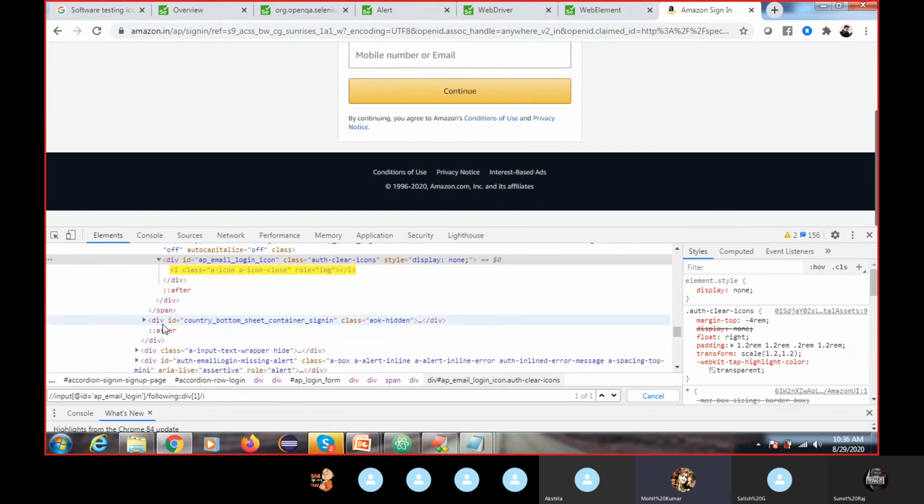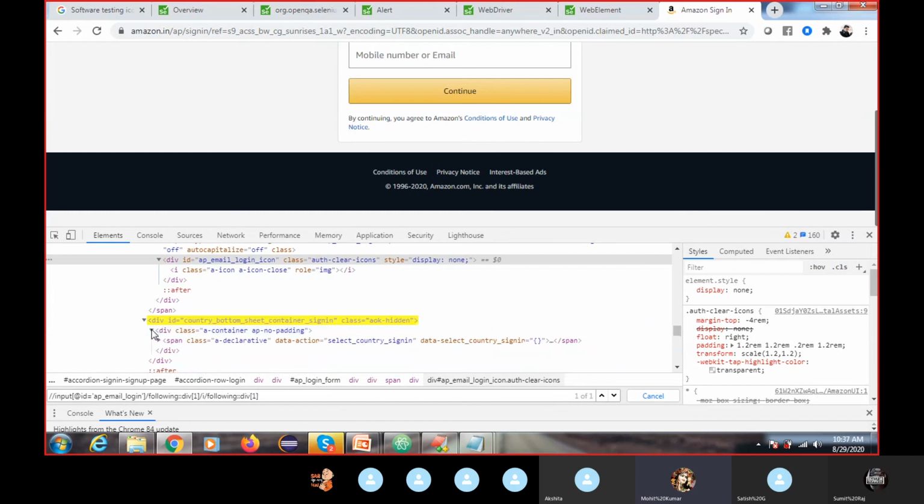I want to reach this div. How do I reach it? If I use div again, we are not able to reach there. Then again following, following double colon div. I have reached this node. You can see how many nodes there are: it is showing 17 divs. While reaching there, I want this one, so I will use this. If you want to validate inside this, again you have to reach like that.